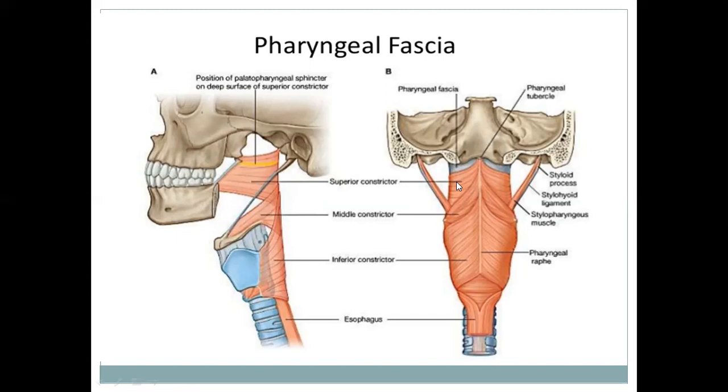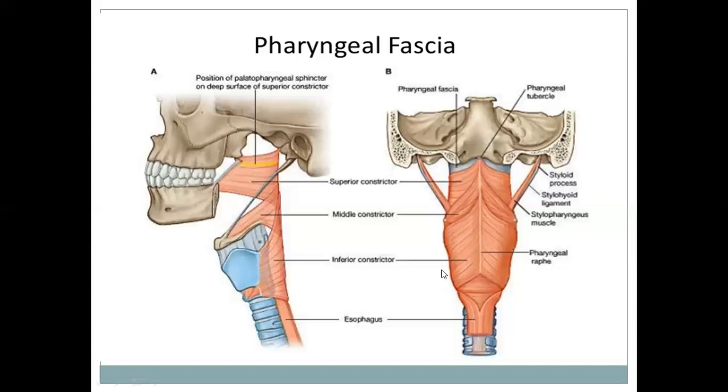And in between the superior constrictor and the middle constrictor, a muscle goes in between these two constrictors. This is called the stylopharyngeus muscle. This stylopharyngeus muscle is supplied by the glossopharyngeal nerve, so this muscle is always accompanied by the nerve. This is the glossopharyngeal nerve, and these two important structures enter between the superior constrictor and the middle constrictor, and this is the inferior constrictor.